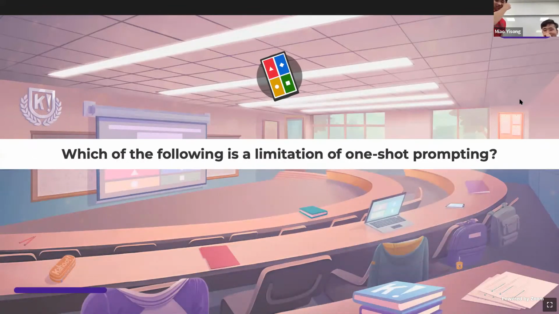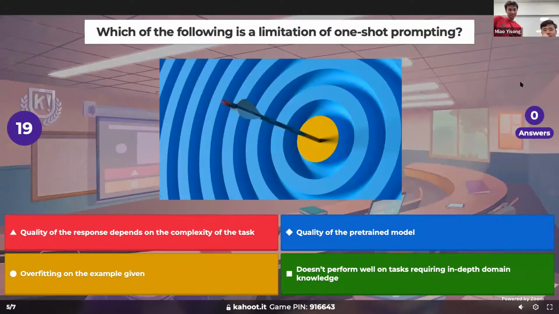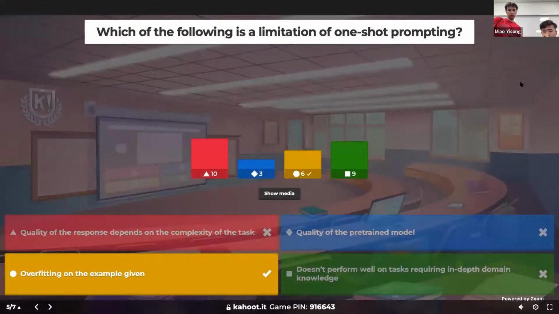So now you can describe the volume during the full quiz. Yeah. So what's the limitation of one-shot prompting? So like, yeah, the answer is yellow, right? Because the quality of response depends on the frequency of the task. So yeah, those are